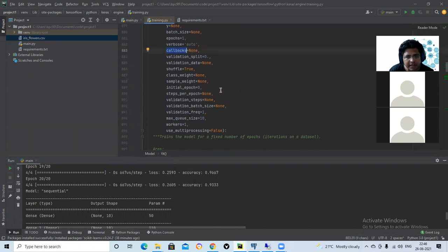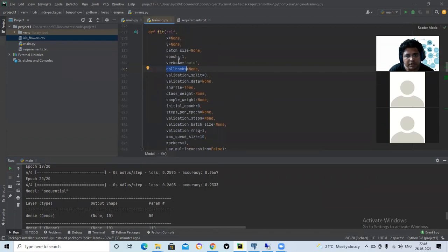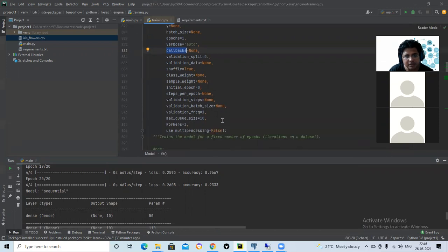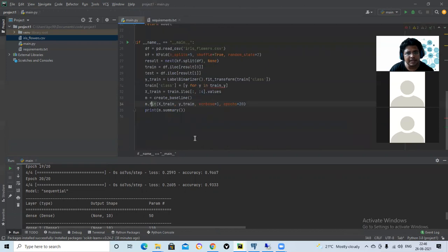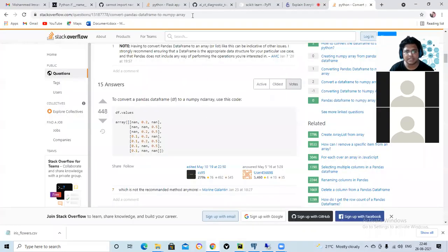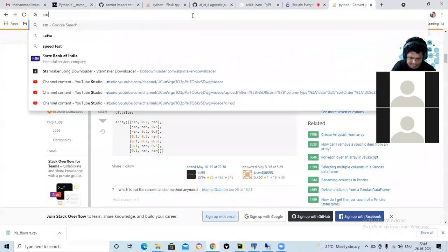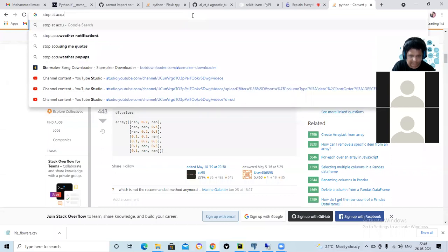One callback is, once you reach this much accuracy, automatically stop. So that is also there. In that case, what accuracy level will we select? We'll select something like 90% accuracy, something like stop at accuracy.